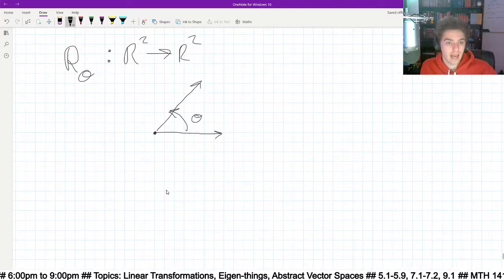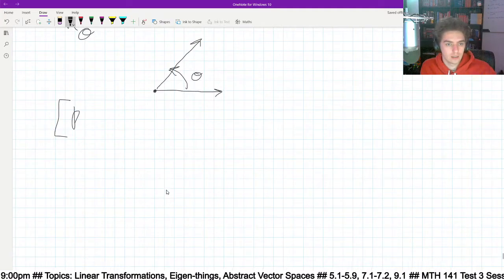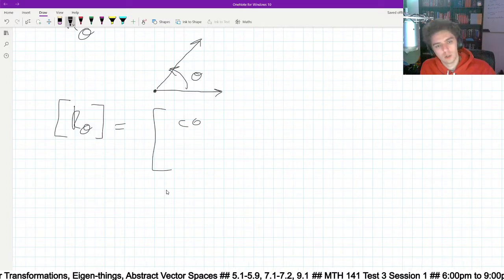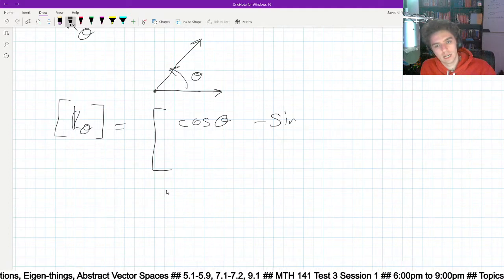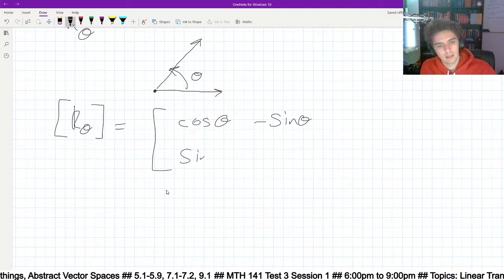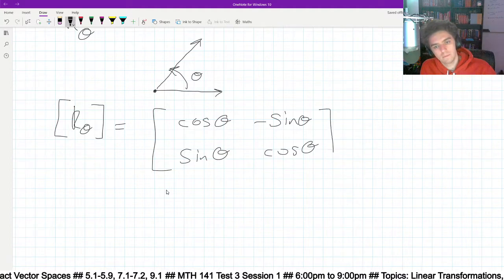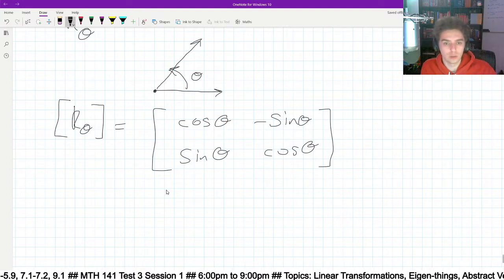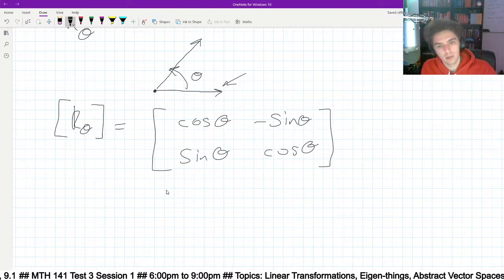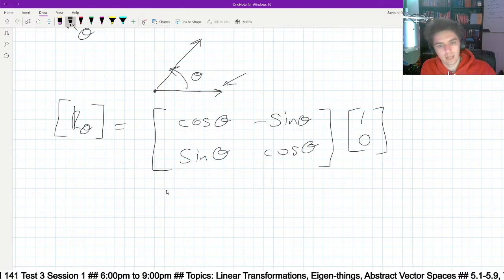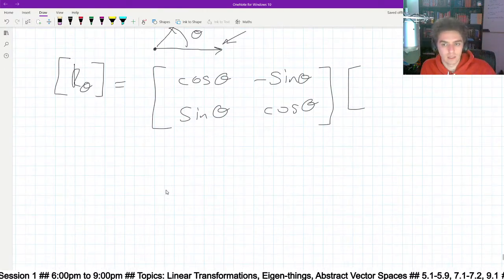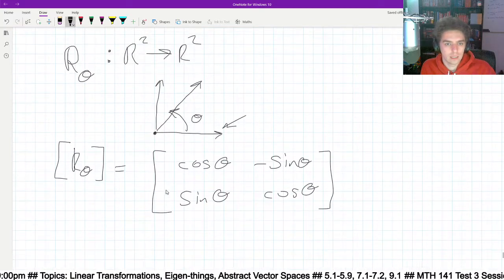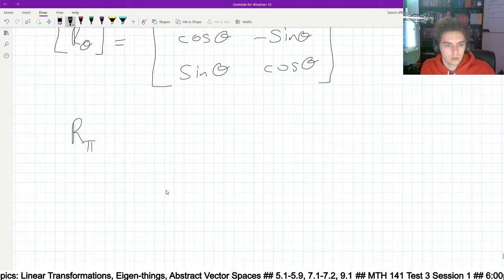How you'd write the matrix representation of R theta is this: cos theta, negative sine theta, sine theta, cos theta. That's the matrix representation of R. If I wanted to apply that to this vector right here, I'd write that vector as 1, 0. I'd have to pick a theta, so let's actually do it here. I want it to go upright, so I want theta to be pi over 2. So R pi over 2